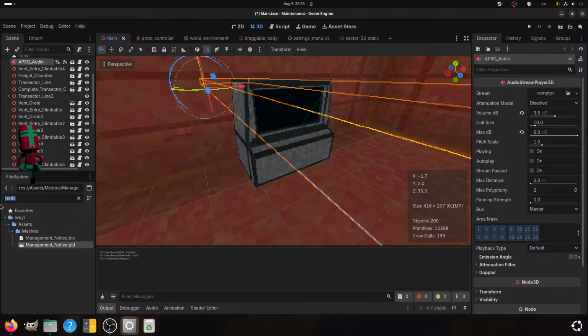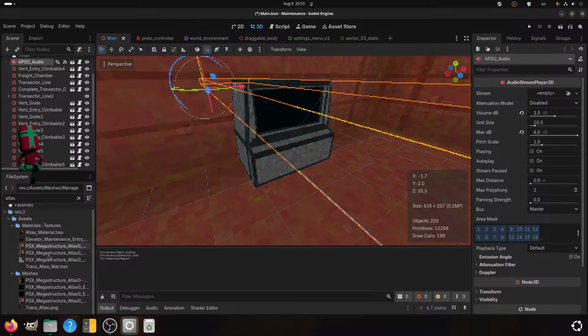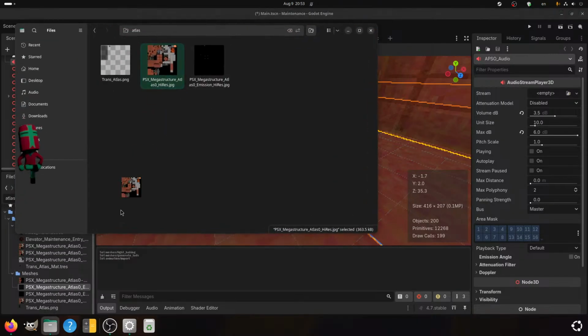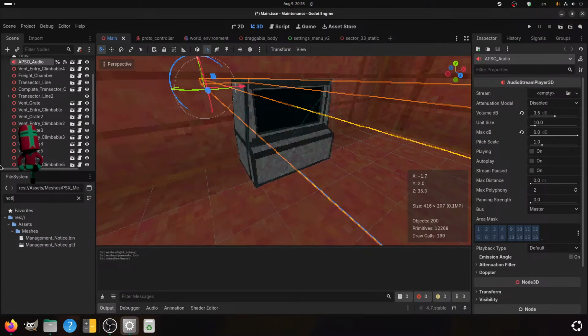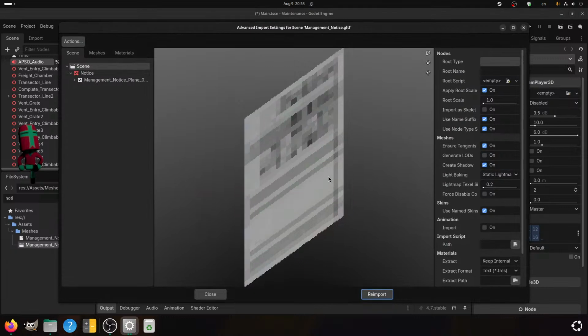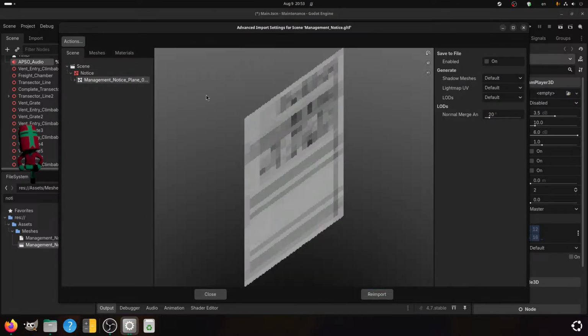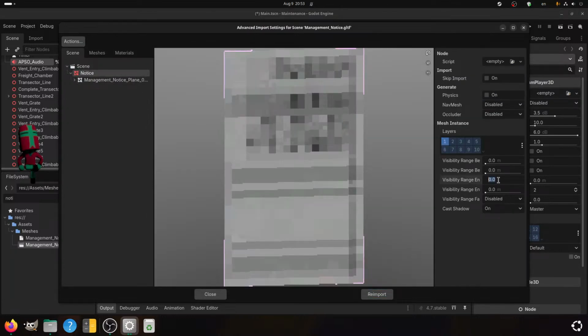Where the hell is the Atlas? Like, excuse me. Okay, thank you. Finally. And visibility range at 30.